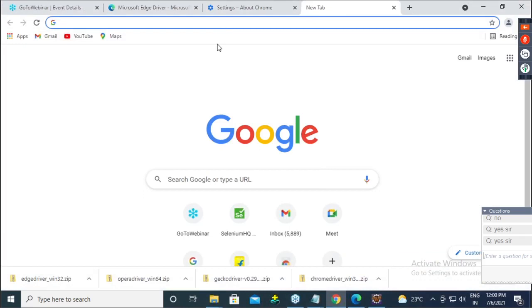Which website you want to open? Tell me. We will launch a browser, and after launching the browser, which website you want to open? Suggest, guys. Oh, okay.